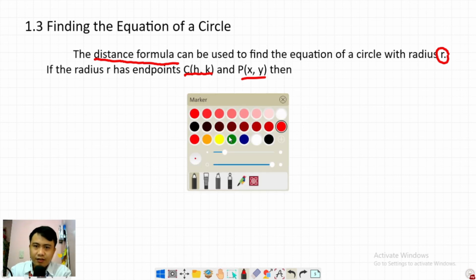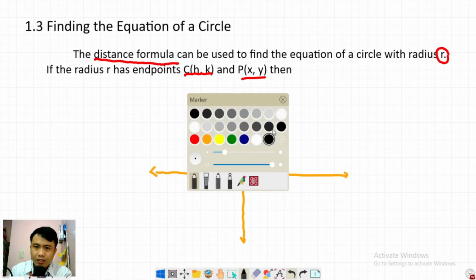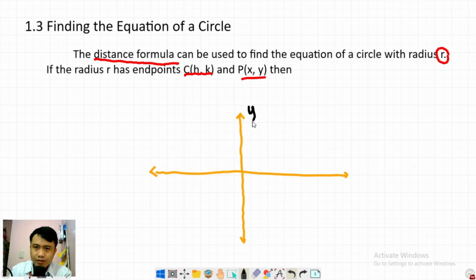Mag-draw tayo ng gusto ko orange. Mag-draw tayo ng Cartesian coordinate plane. Pagpasensyahan nyo ng aking drawing. And this is our Cartesian coordinate plane. And a plane has, of course, mayroon siyang y-axis and